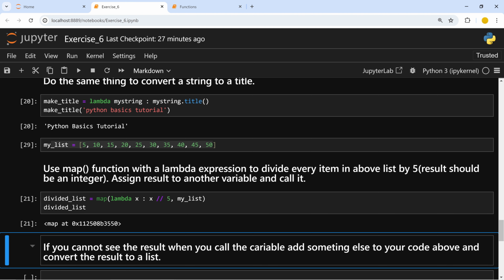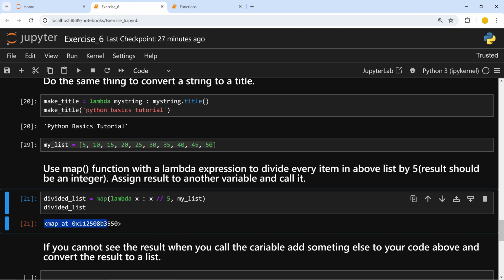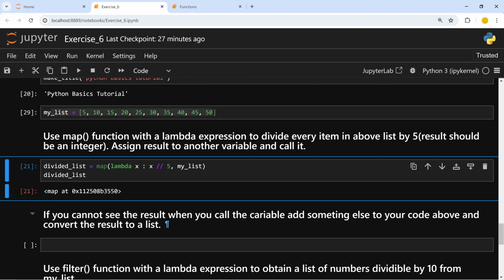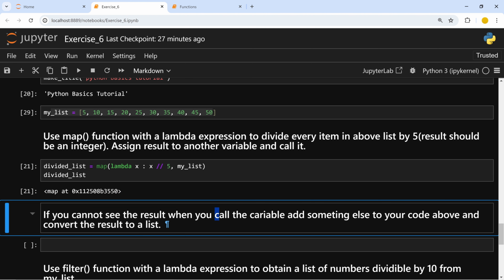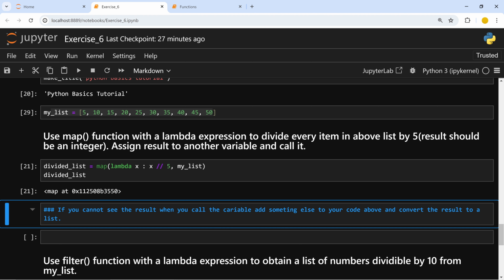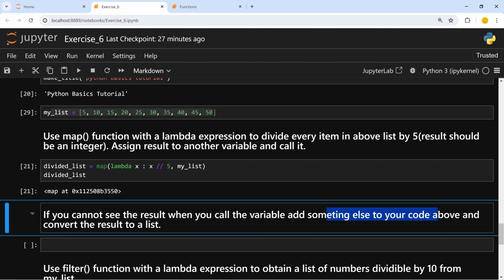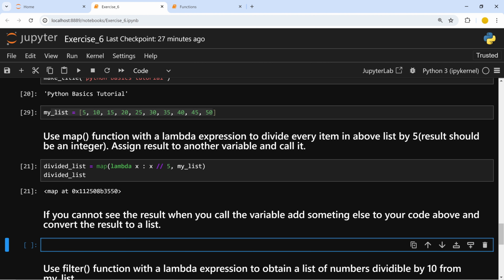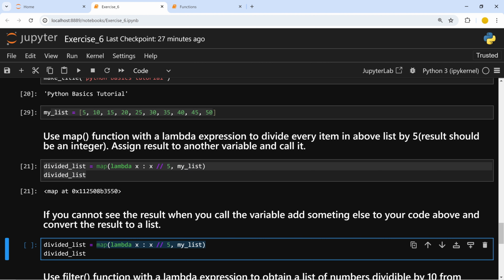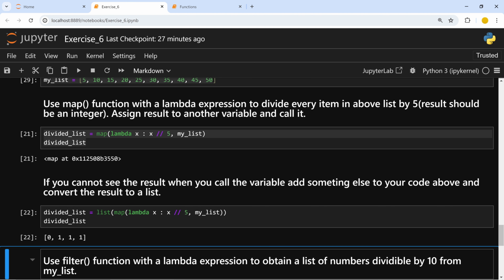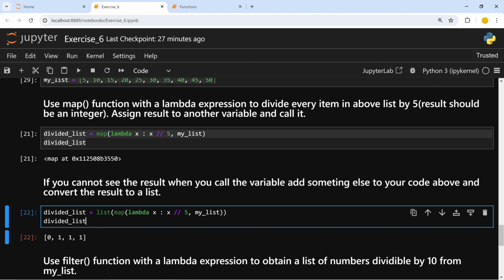I'm not going to get a list from here. I will get a map object, and here if you cannot see the result when you call the variable, let's do this variable. Okay, add something else to your code above and convert the result to a list. Let's take this, copy and paste it in here, and I'm going to take this in a list function. If I run this, I'm going to get the correct list that I want to get from here,